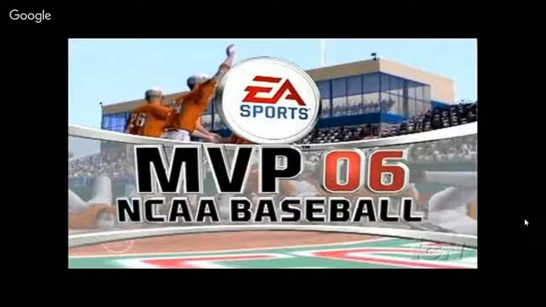It's going to be an inside the park home run. That was an inside the park home run. Don't see that very often in college baseball. Never out in baseball, period.